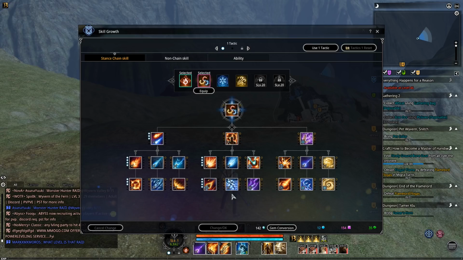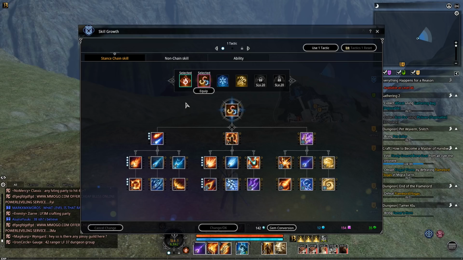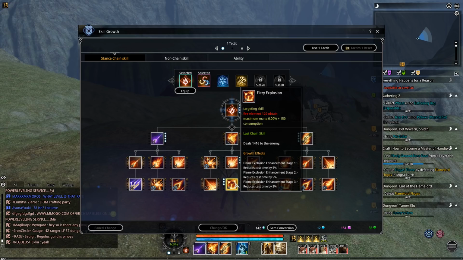Now, before you switch stances anyway, which you should be switching every single time you have the ability to, which is every 10 seconds, check to see if you have Disenchant available. If Disenchant is available, you use it before you swap stances, simply so that the next combo chain that you do will end up being stronger overall. So you would use Disenchant, swap back to Flame Tactic, do the Kindle, Incinerate, Fire Explosion again,